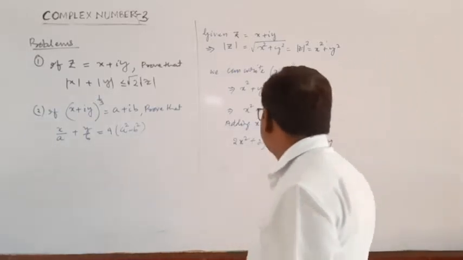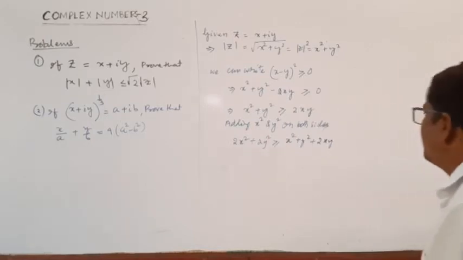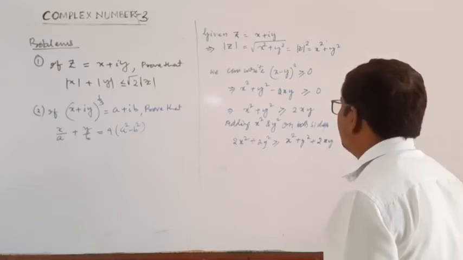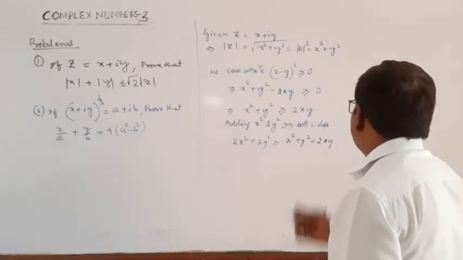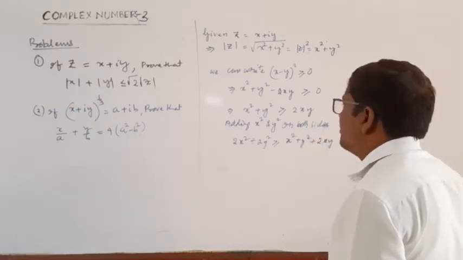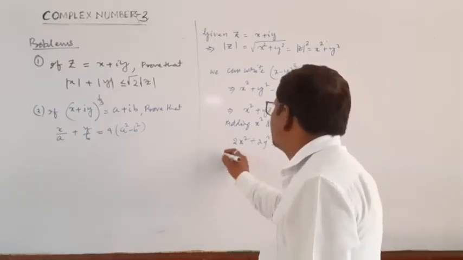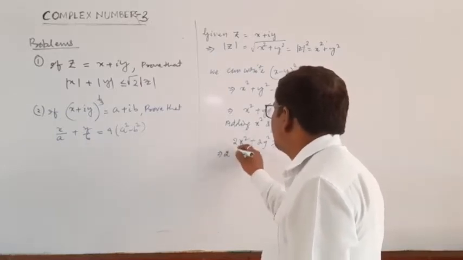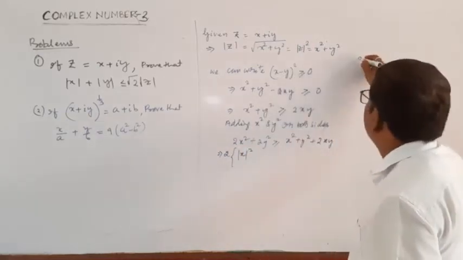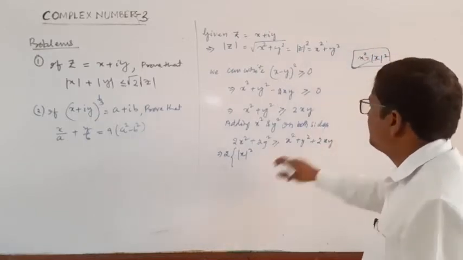This can be written as what? And here that is x square plus y square, that is we can write here mod x mod y whole square, or x square plus y square, that is mod x square plus mod y square, and this is equal to what? This can be written as 2 into x square, means we can write mod x square. X square is equal to mod x square. These two are equal. Similarly, apply this concept here.